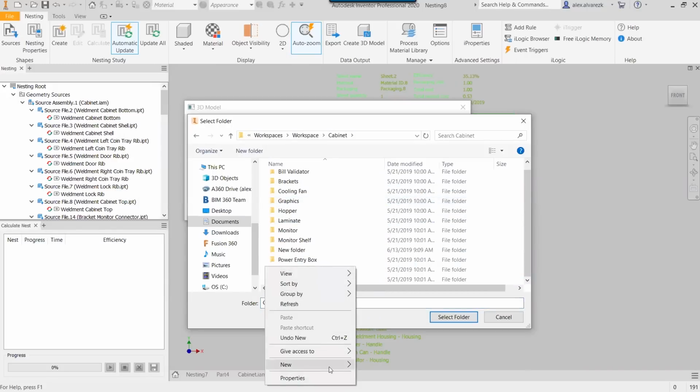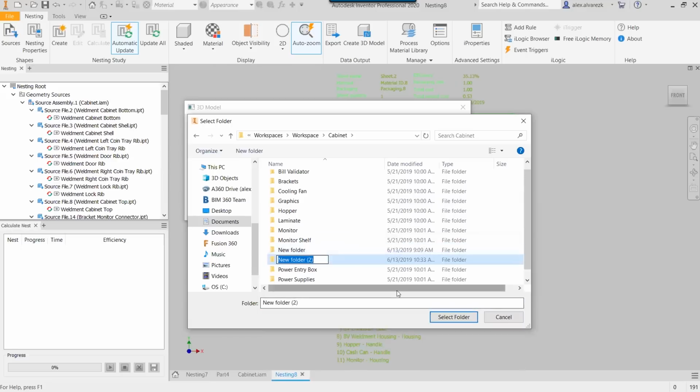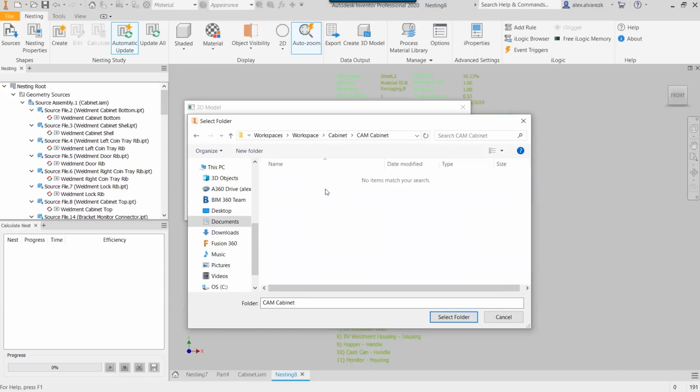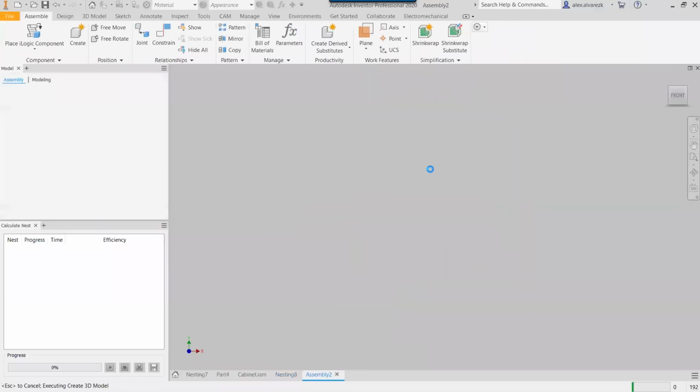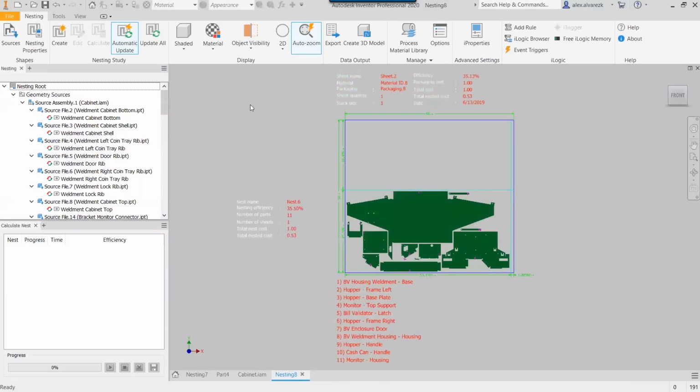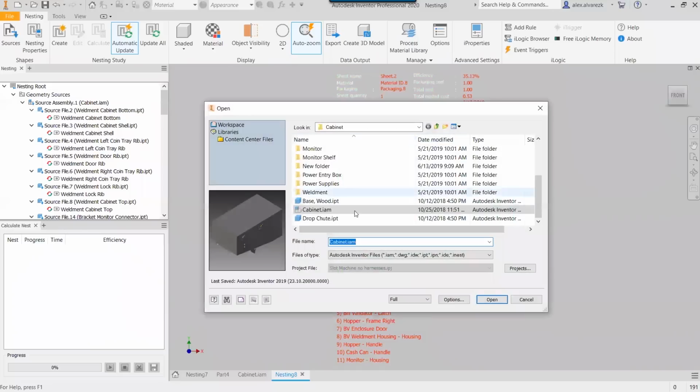We can do a new folder and say cam. Okay. Bring them in there. Let's see, okay. All right, so now if I open it,